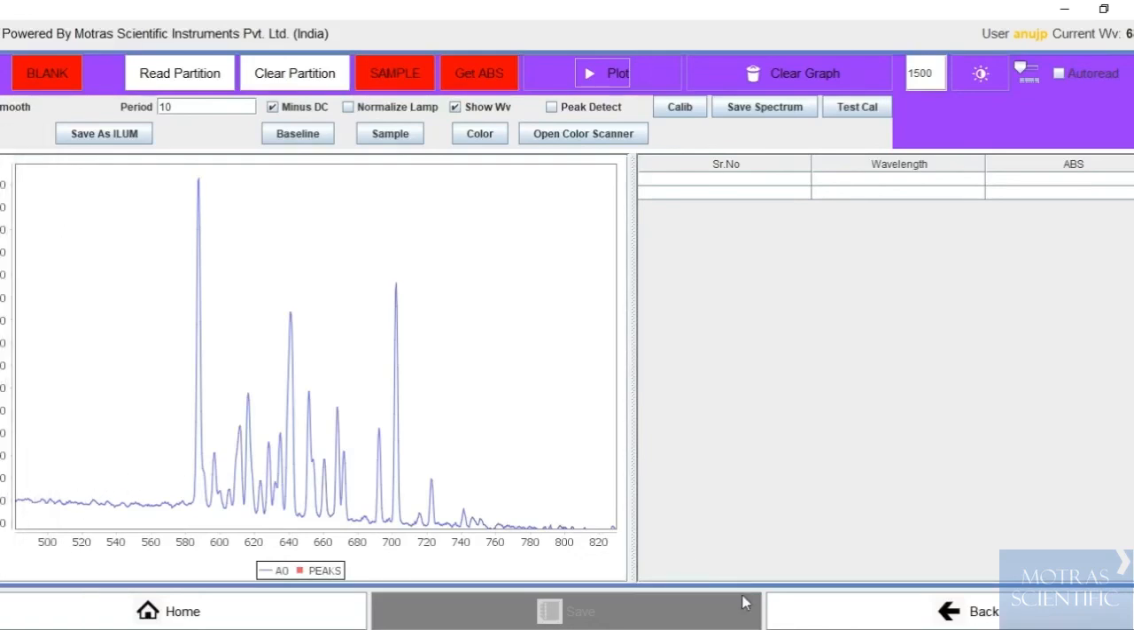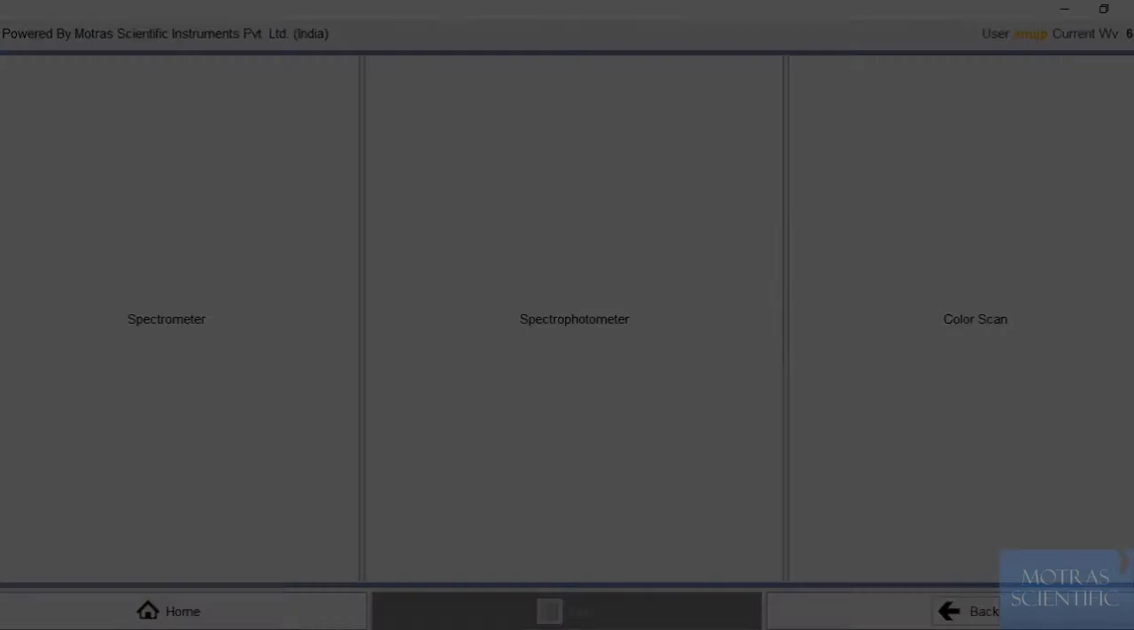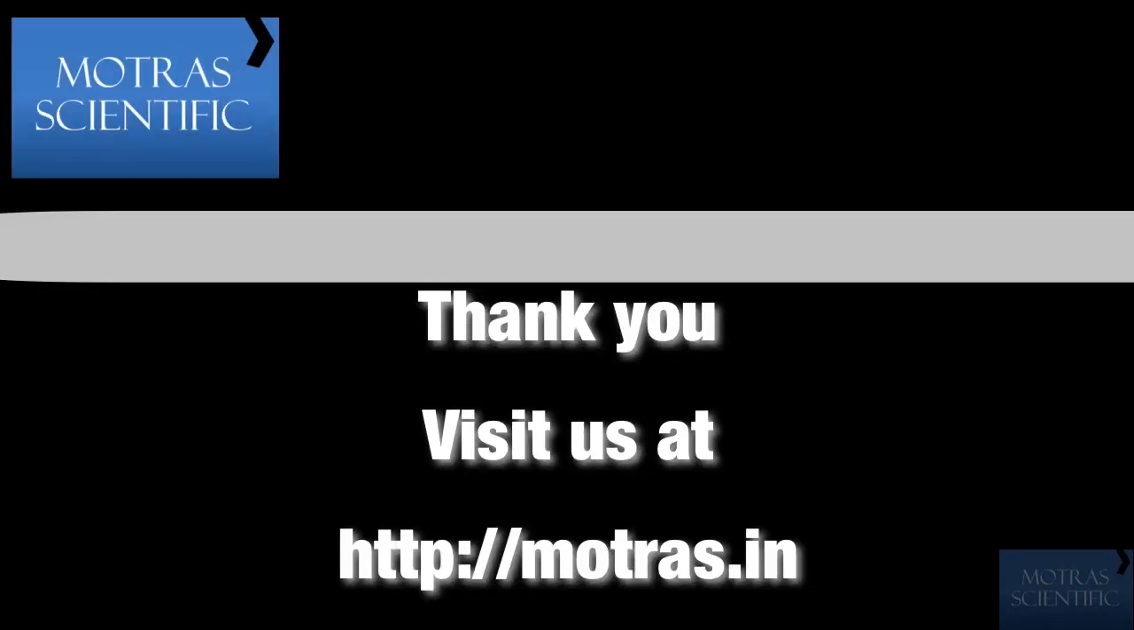This mode provides advanced options to the user to set custom integration time, apply data post-processing, calibrate the system with multiple sources, etc. With this, we conclude this demonstration of the Alphacapture system. We hope that this demonstration was able to answer your questions around